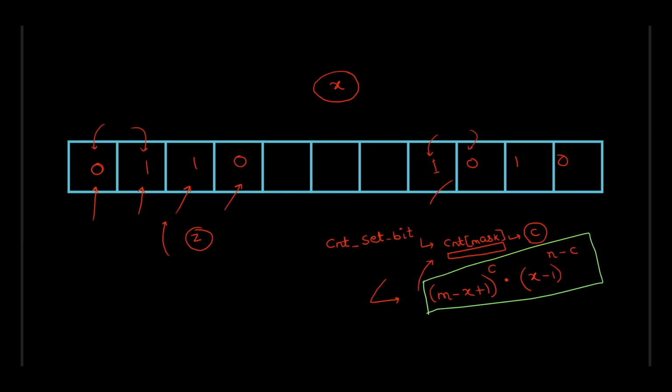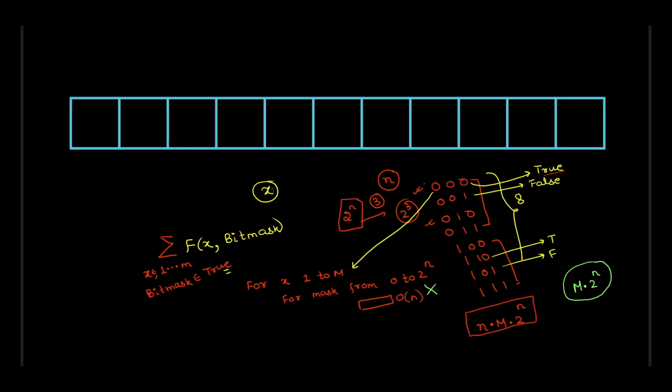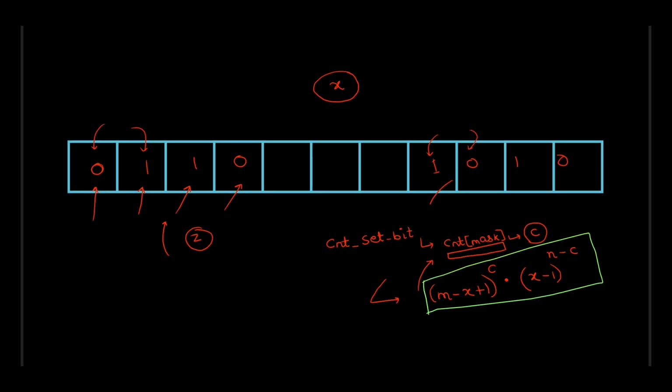So you will notice that you are given all the 2 to the power n bit masks and their classes, whether that will land in the true class or in the false class. So if you have n, you will have 2 to the power n bit masks corresponding to it, and you already know all of these bit masks. So you can divide these bit masks into n different classes,